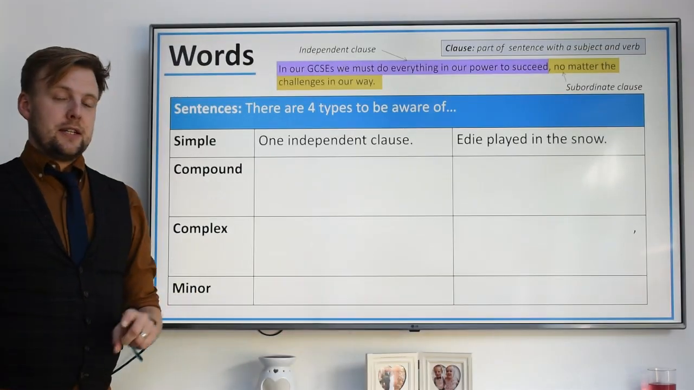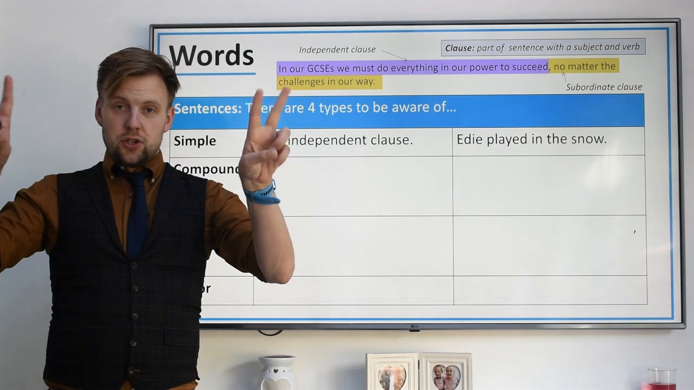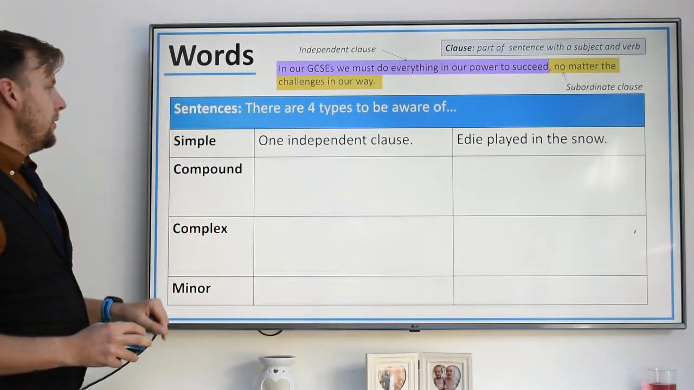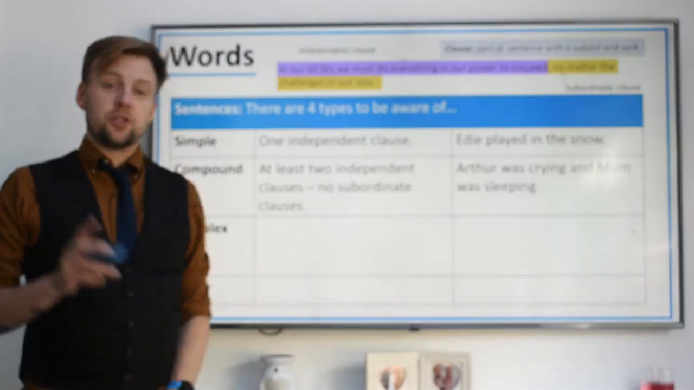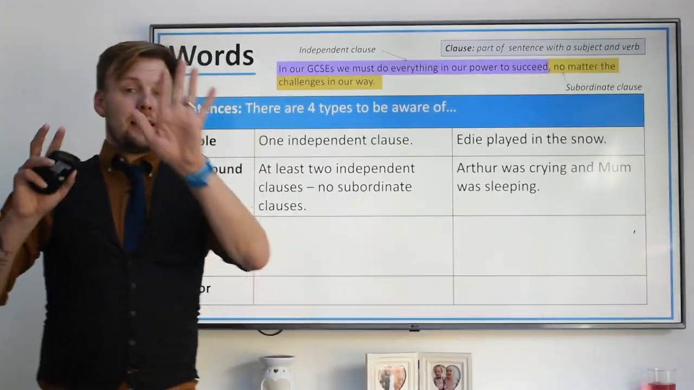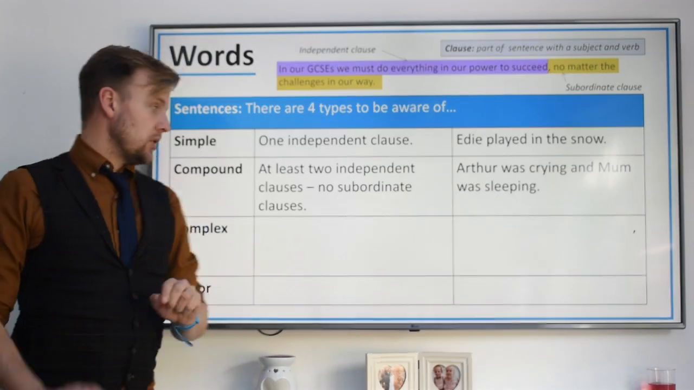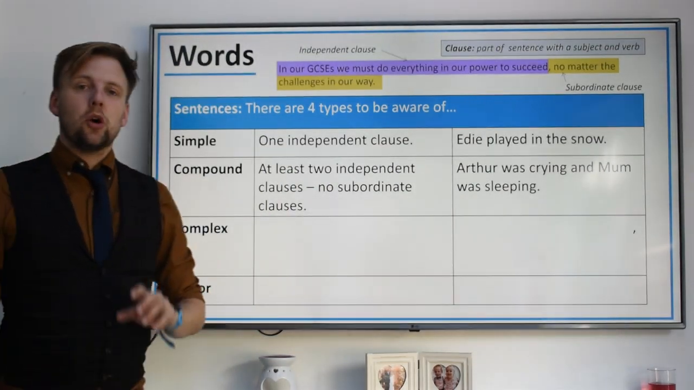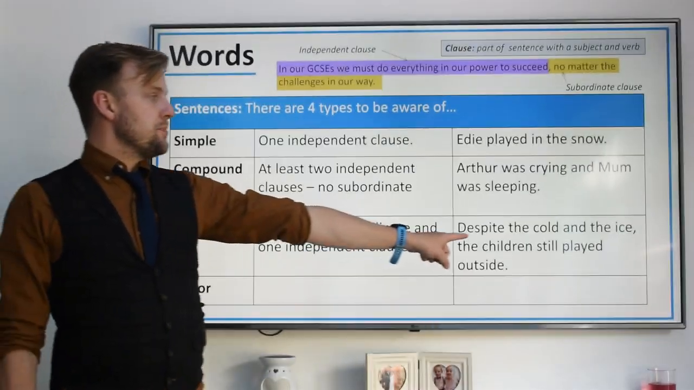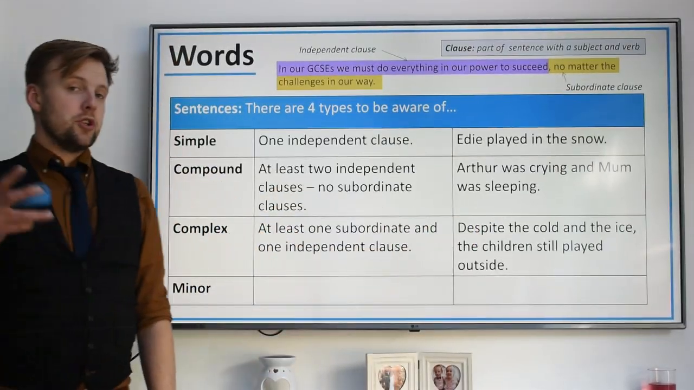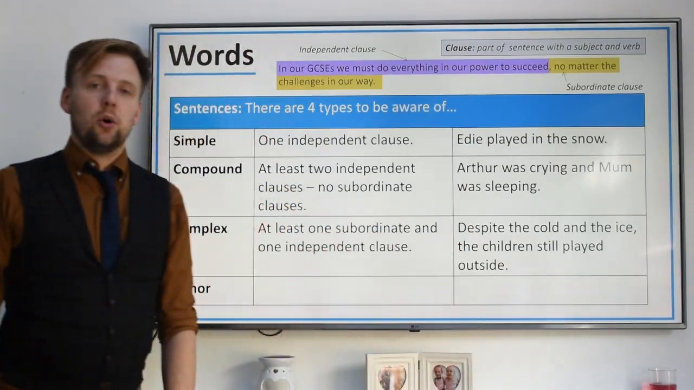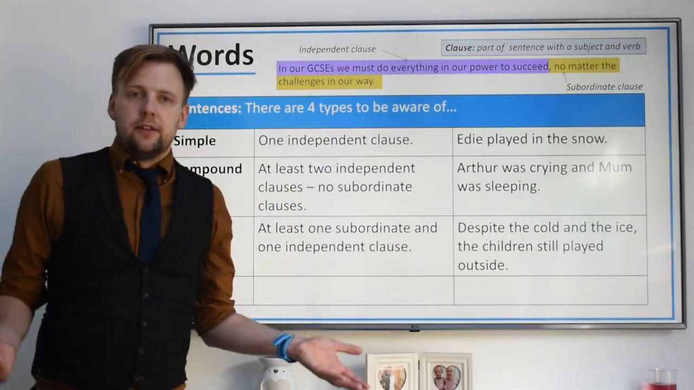A compound sentence is when there's two clauses stuck together, but they could both make sense on their own. So, Arthur was crying and Mum was sleeping. Those are 2, if I took out the and, those 2 still make perfect sense, okay? Complex is when there is a part of the sentence that relies on the rest of it. So despite the cold and the ice, the children still played outside. If I didn't have that last bit, despite the cold and the ice, it doesn't mean anything to us,